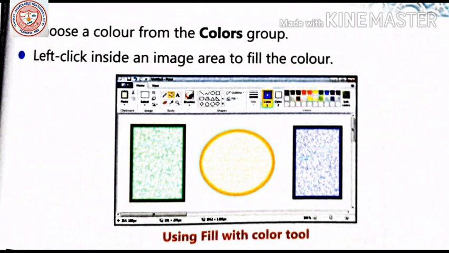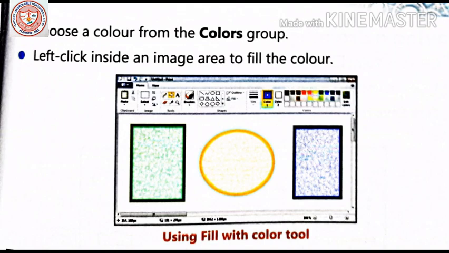Then choose a color from the colors group. Left click inside the image area to fill the color.